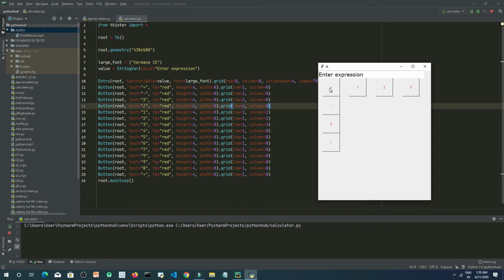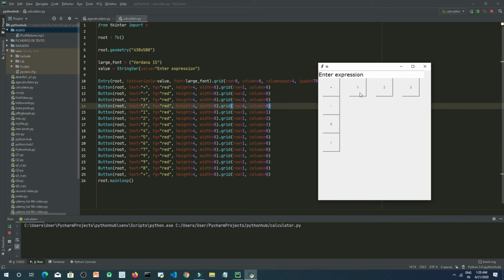So this is in the row 1 and column 0, right? This is the column 0, this is the column 1, and this is column 2, and this is column 3, right? So these whole buttons are in the row 1, right? So as you can see here, row 1, row 2, row 3 and row 4, these numbers are there, okay.